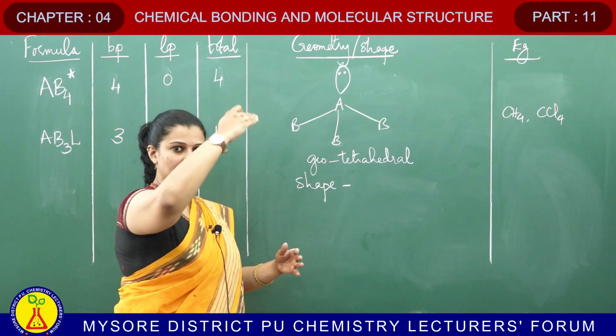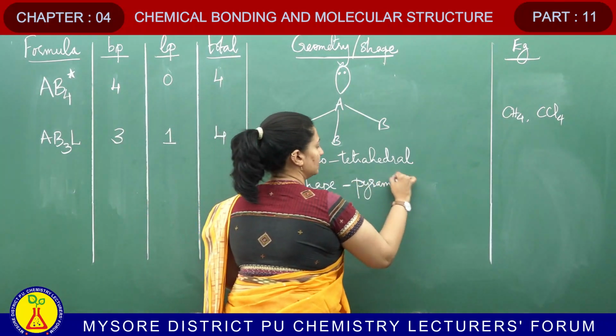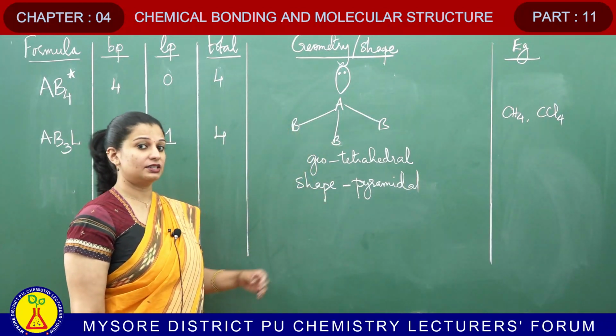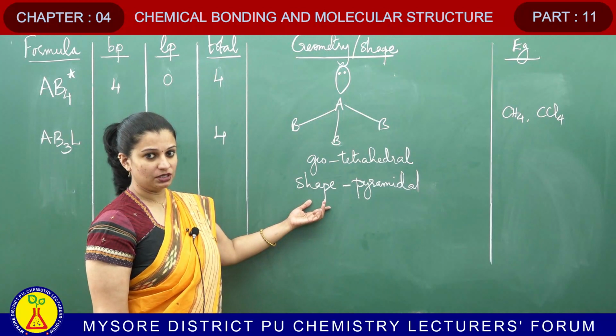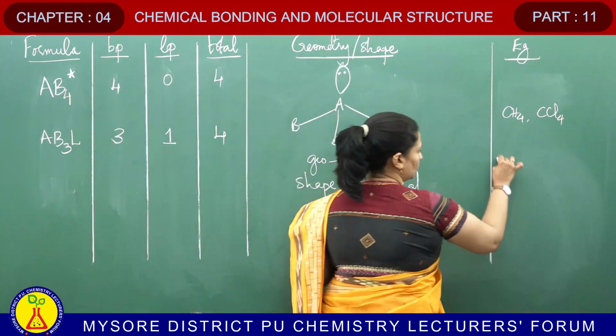So, the geometry is still tetrahedral, but now what happens to the shape? There is no top atom. So, the shape becomes pyramidal. The geometry is tetrahedral, but the shape of the molecule turns out to be pyramidal. One example that I will quote for this is